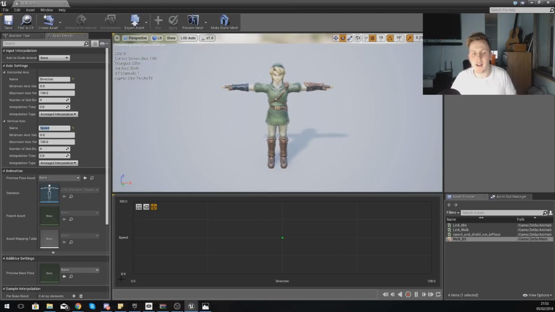And you'll notice now on my graph, we got speed going up and direction going left and right, and I can tell the character to play a different animation based on that information. So for the speed, the minimum and maximum needs to be 0 and 600, and then for direction, minus 180 and 180, and then from here we need to put our run,